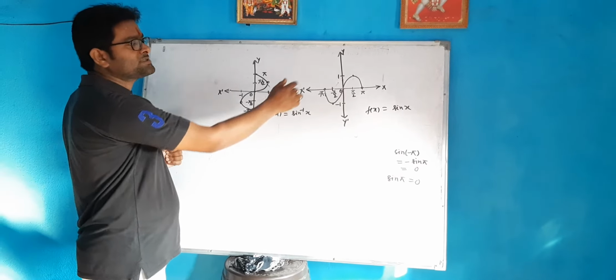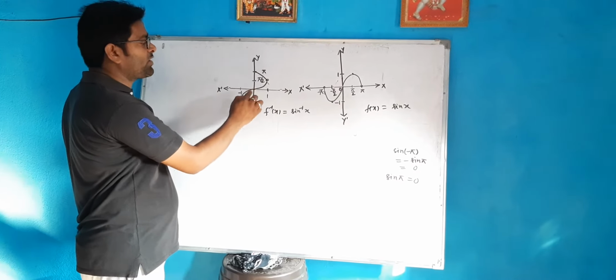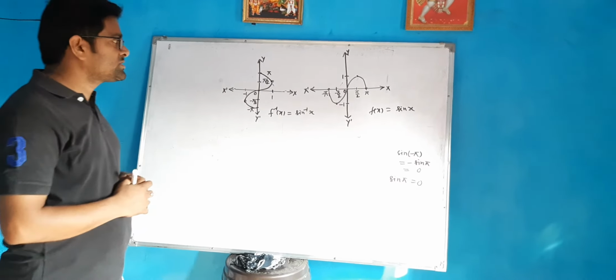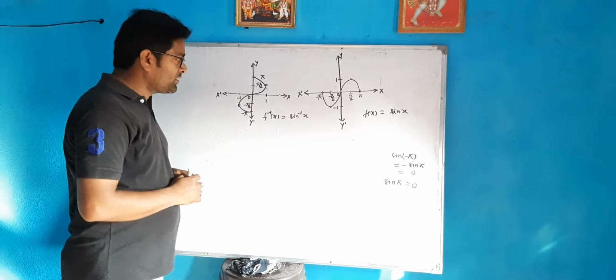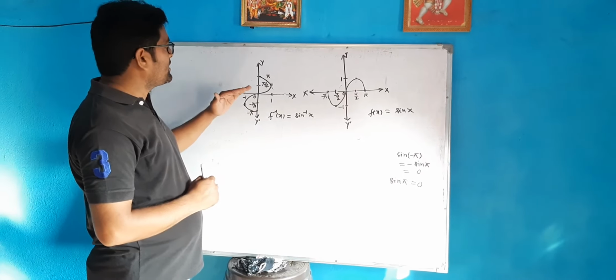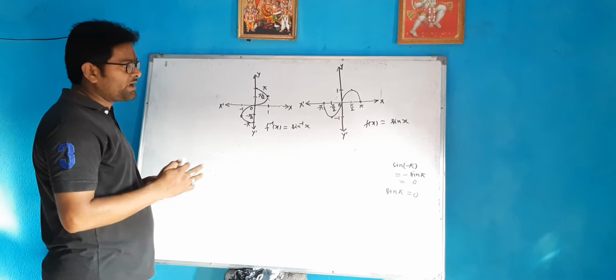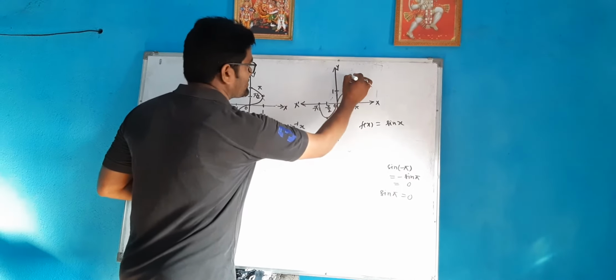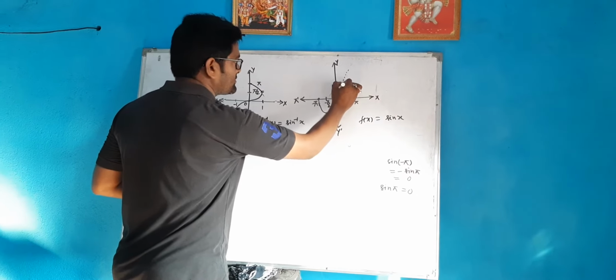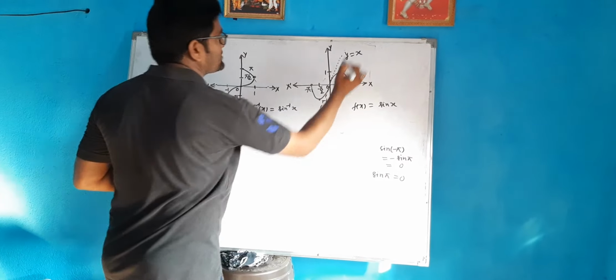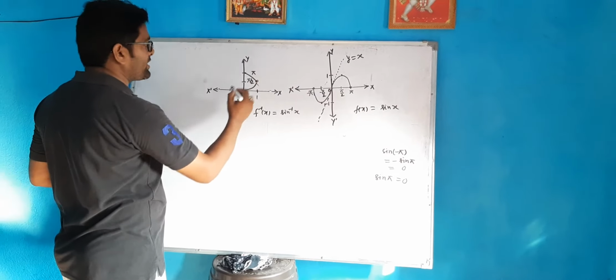Now again, taking the same as the plotted points, we can join the dots and get the graph. You see, we can see under the line y is equal to x. If I am drawing the line y is equal to x, see this. This is the line y is equal to x. Here also I am drawing the line y is equal to x.